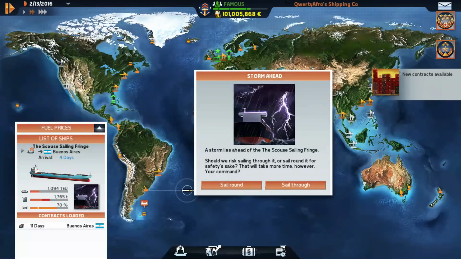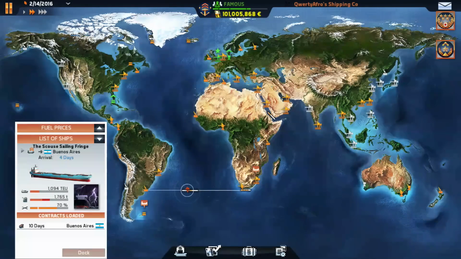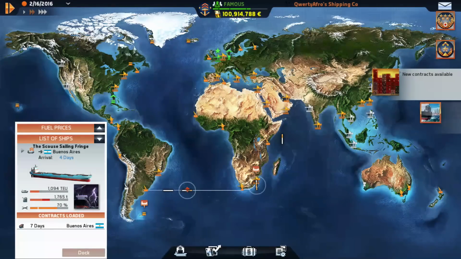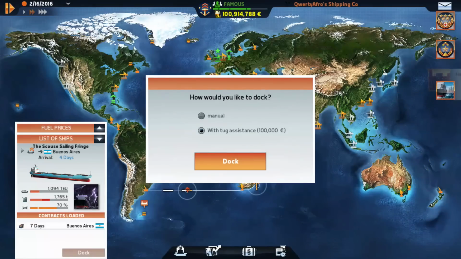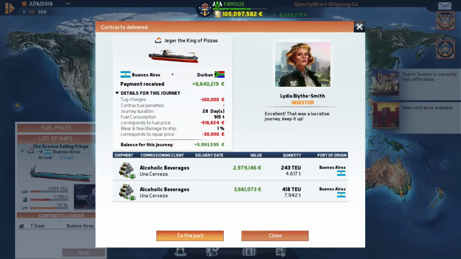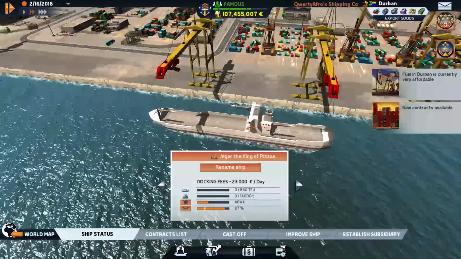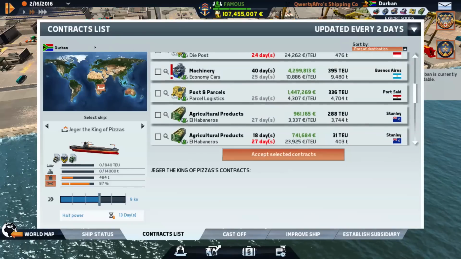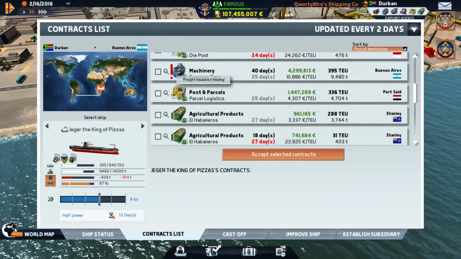Who's this? This is the Scouse Sailing Fridge. I'm just gonna say sail around because you're already damaged. I don't want you to become any more damaged. Right. Jacko of the Seas is in Buenos Aires. No, in Durban, what I was saying. Getting the names all mixed up. You could go back to Buenos Aires. Oh, but you don't have...